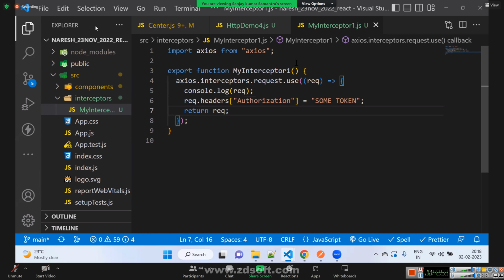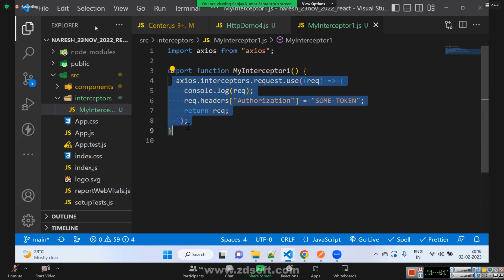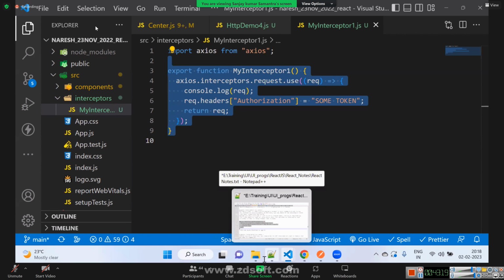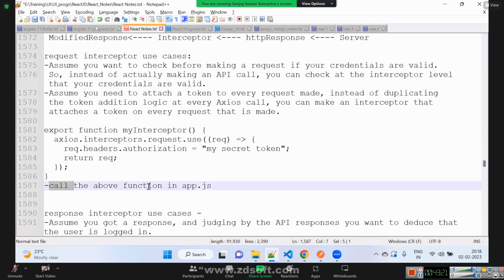Now what will happen? Every API call you make from this project will go via this function, and every request object will have this authorization field. Only this is not enough. Once we created the interceptor, we have to call the function in app.js.